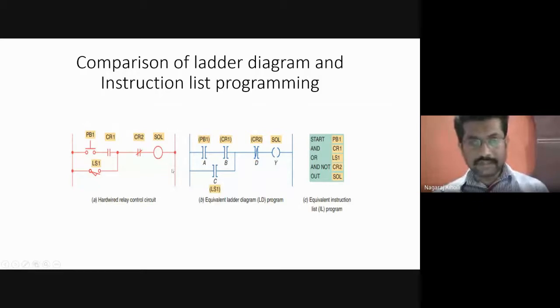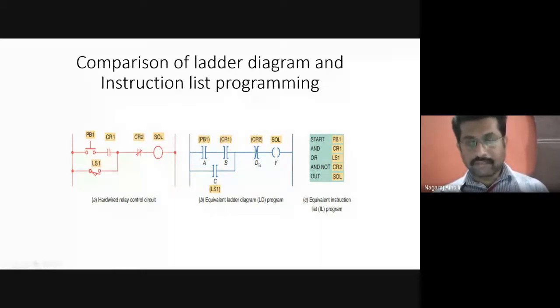Like this we represent the statuses of the switches and the output devices in the ladder diagram. This is our old type of logic, the relay control logic. This is our ladder diagram, what we use in day-to-day life, the most commonly used language.